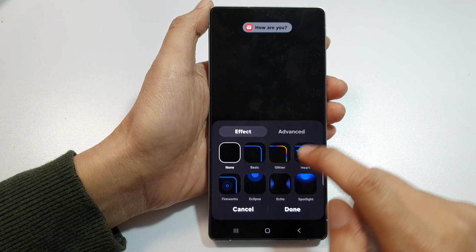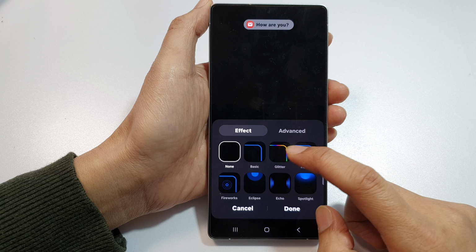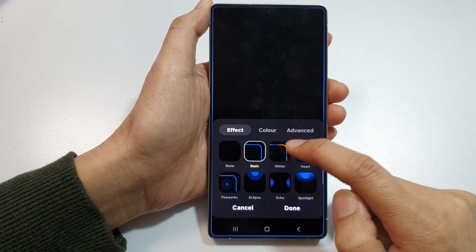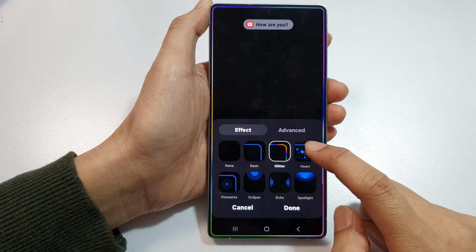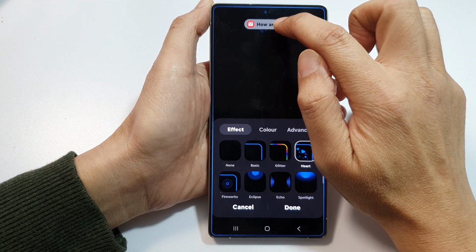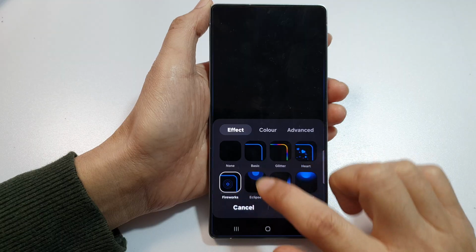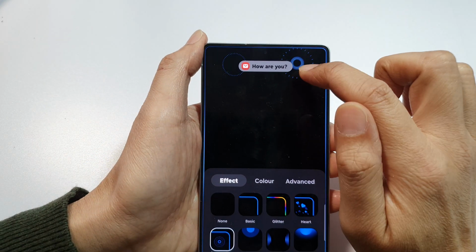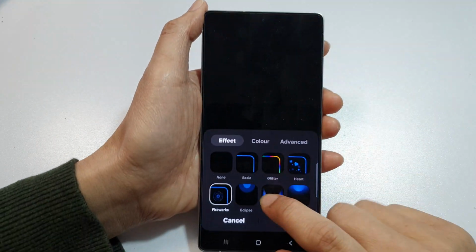Here, to turn it on, you can select one of the available effects, such as basic, glitter, heart. So here you can see it will show a demo at the top here with the heart icon. Firework, so here it will show firework at the top. Eclipse,